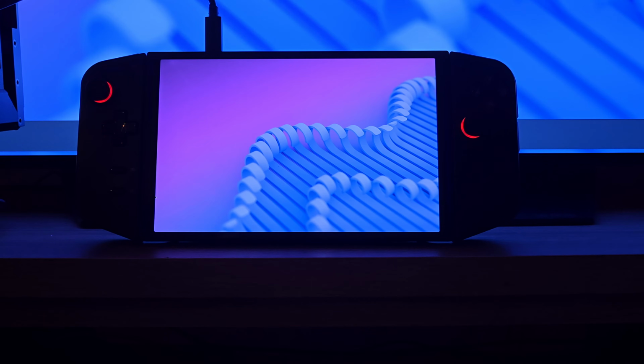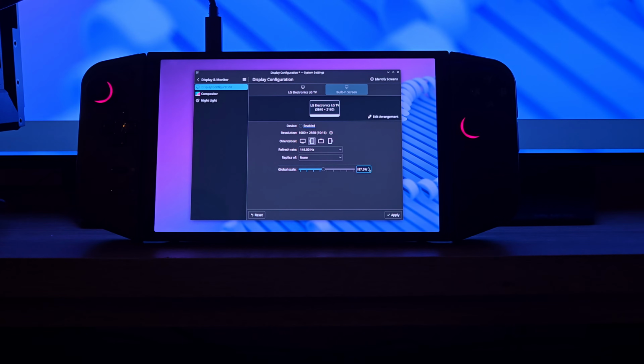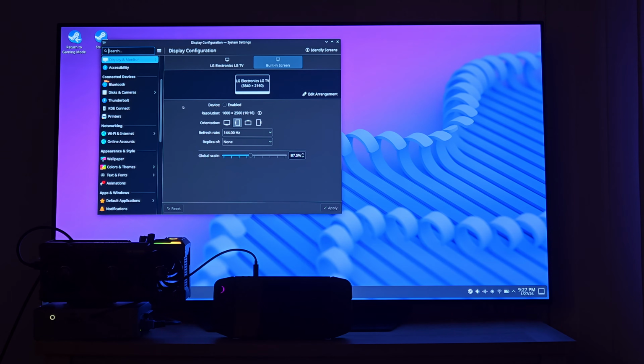So with it on the TV, we're just going to right click, go to display configuration, and the built-in screen, we're not going to enable it anymore, and then we'll click apply. Okay, so for me, that's now displaying on the TV only, which is exactly what we want, but obviously this is just at the moment for